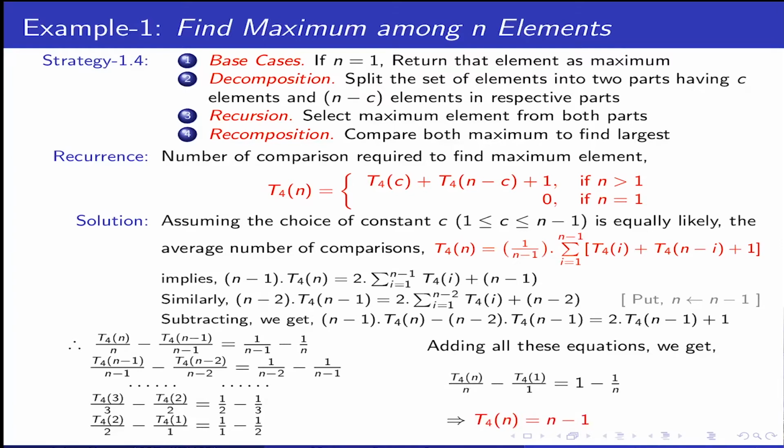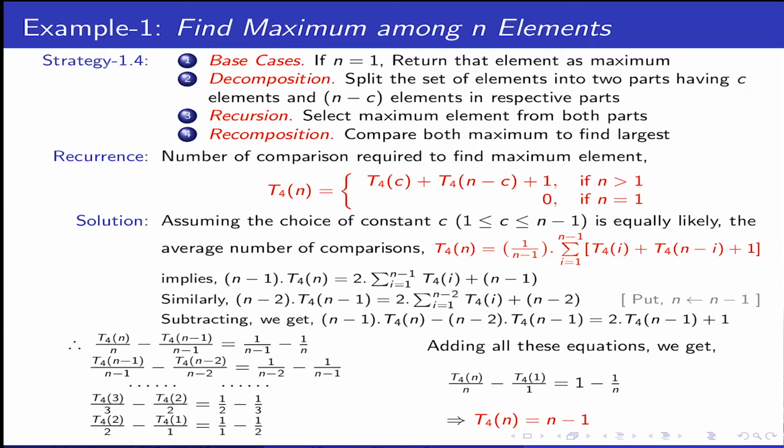So see how, before our implementation or deployment of a solution, we thought about how recurrence relations help us. And this is exactly the purpose of divide and conquer recurrence. That I will split and I will combine, but depending on the splitting, how my strategy changes. So this is one example that I have shown: irrespective of any splitting you do, whatever strategy you think of, you will get n minus 1 number of comparisons to find the maximum among n elements in a set.